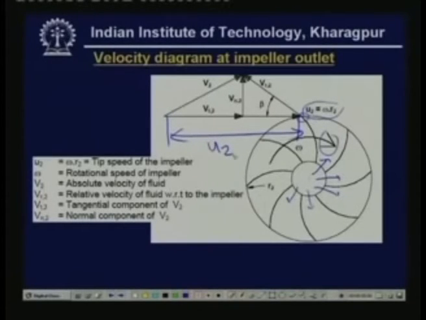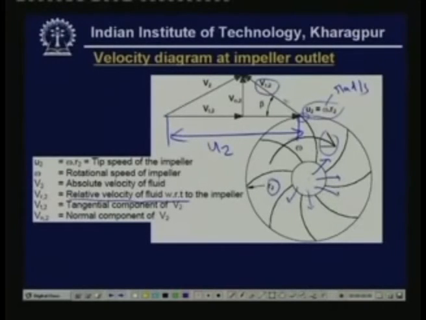And what is this? This is nothing but the product of the rotational speed of the impeller in radians per second, multiplied by the impeller radius r2. If you multiply the rotational speed with the impeller radius, you will get the tip speed u2. And you also have vr2. The subscript r stands for relative and 2 is the exit. So vr2 is nothing but the relative velocity of the refrigerant with respect